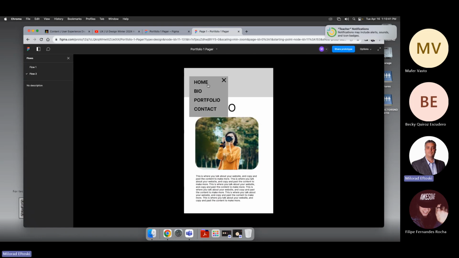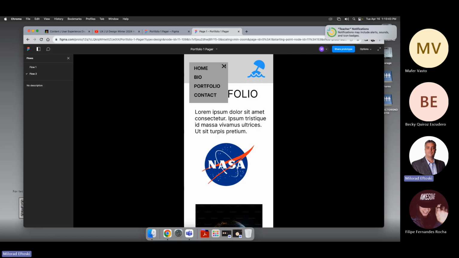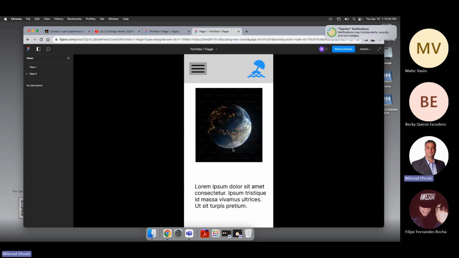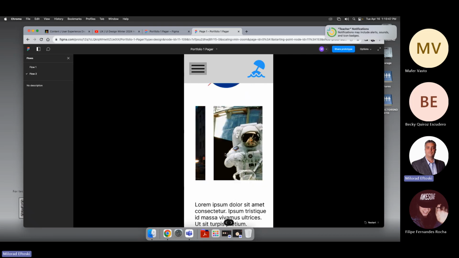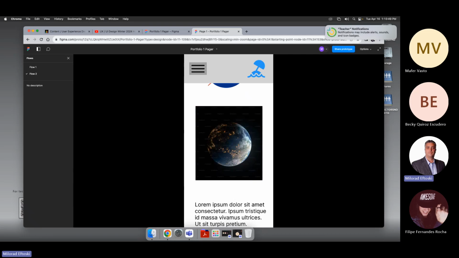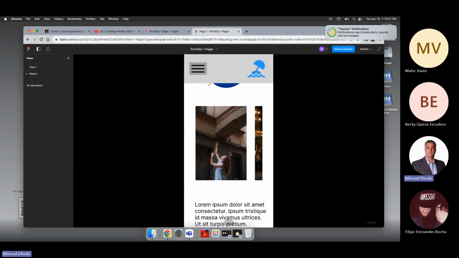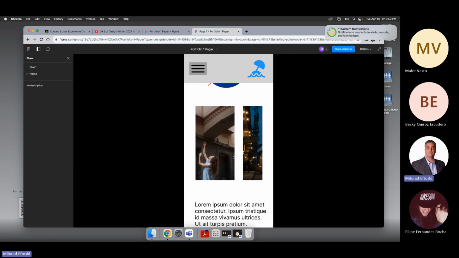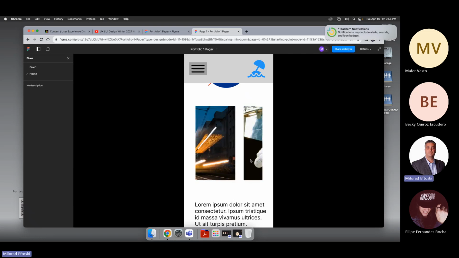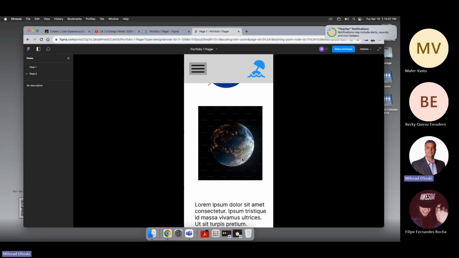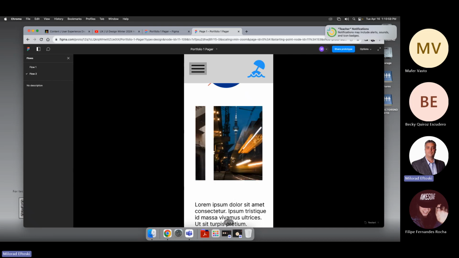Let's go to bio, portfolio, okay? Close the menu, go down here, and look at this, you see? You can actually scroll this way with your cursor. But the thing about this one is it's pretty wonky. You can kind of use it, it's a nice little effect, and it's not bad,